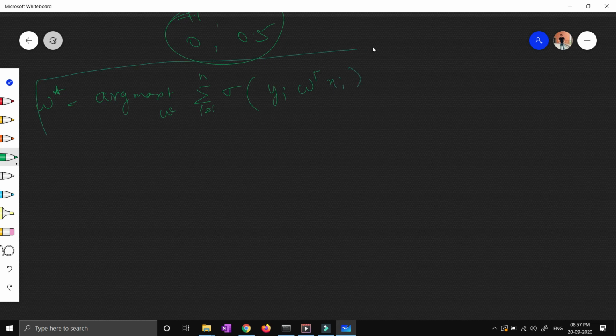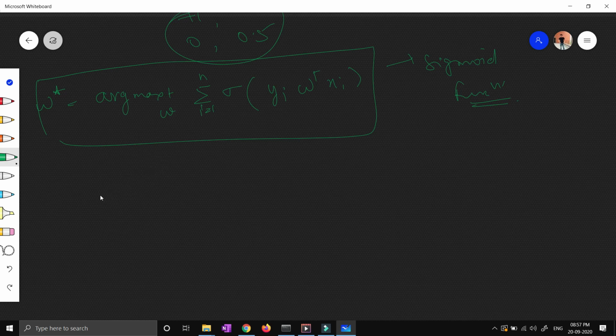Now this is my new equation if we use the sigmoid function in order to handle the outliers, right? So now you can see over here that